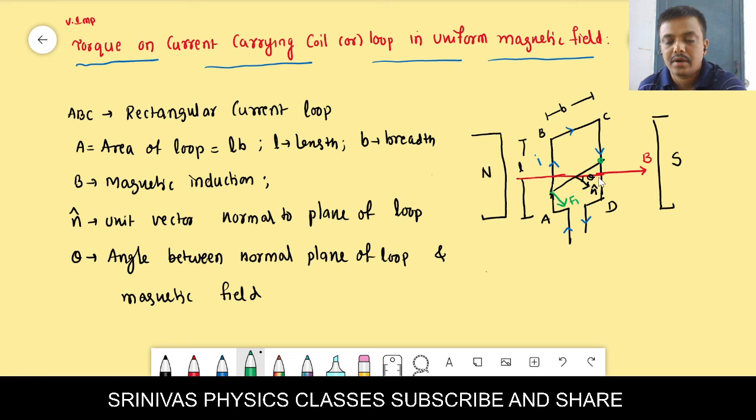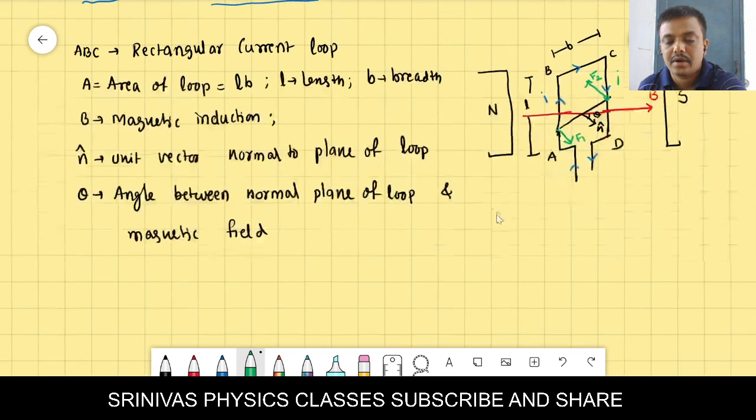What about this force? You see CD, current is in the downward direction, and the field is to the right side. The central finger should be downward, the forefinger should be to the right side, and the thumb is towards your face. Towards your face means that will be outward, and outward we write like this. There are two forces acting on both sides in opposite directions, because the currents are in opposite directions. Okay, let's go for the forces on that.